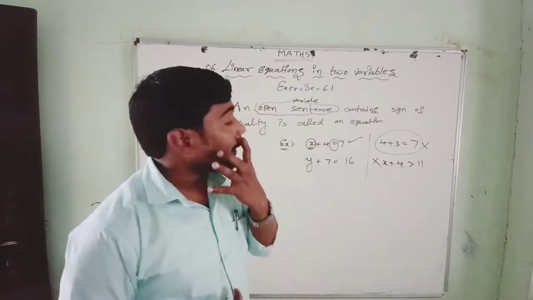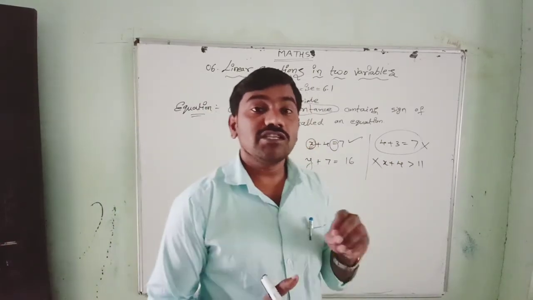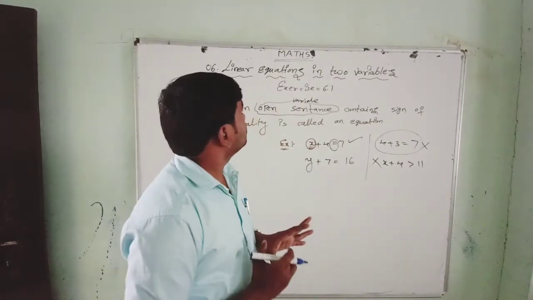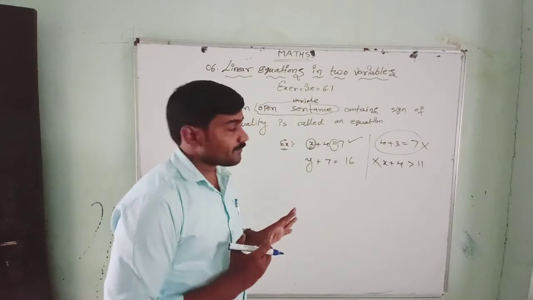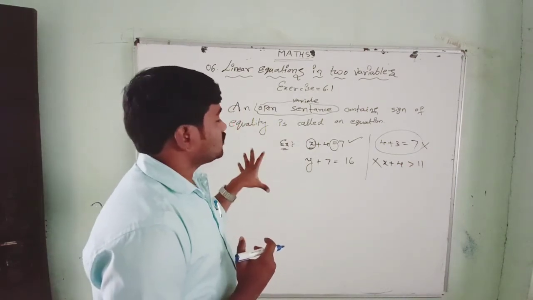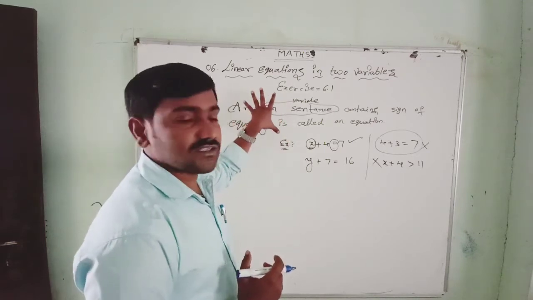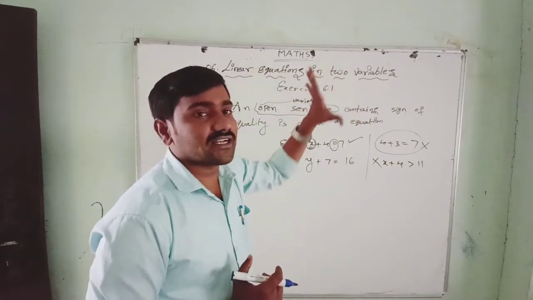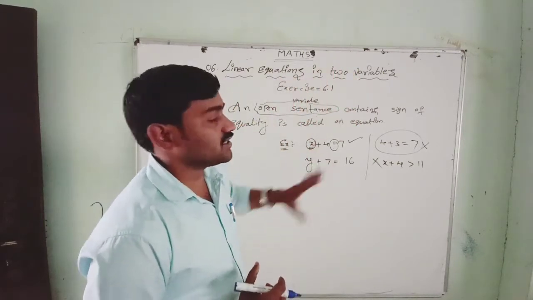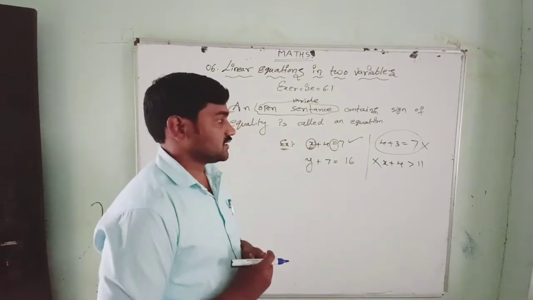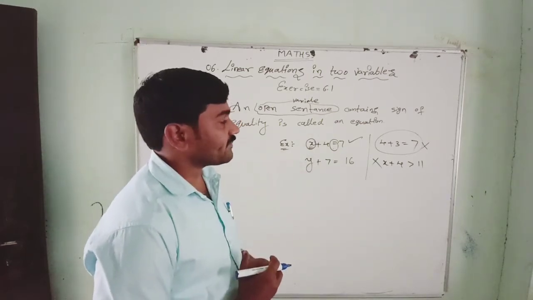Regarding this, we have already learned in the 7th class in the simple equations chapter. Next, in 8th class also we have a chapter on equations. Linear equation in one variable we have learned in the 8th class. There also I have explained this. You can see that video. You can understand more clearly about the equations. Here I don't want to discuss again in more depth.